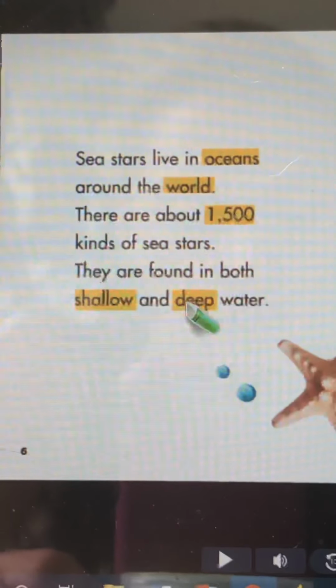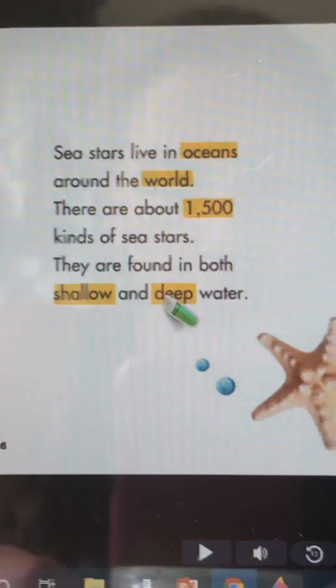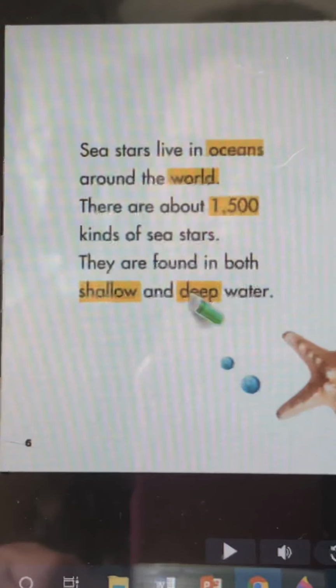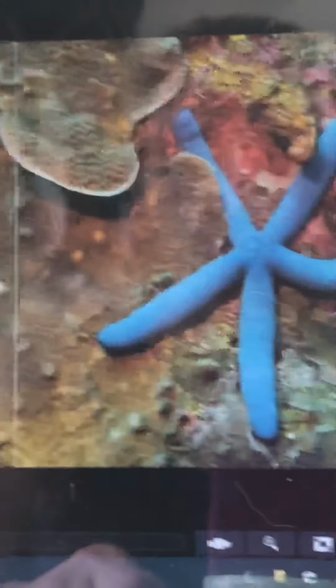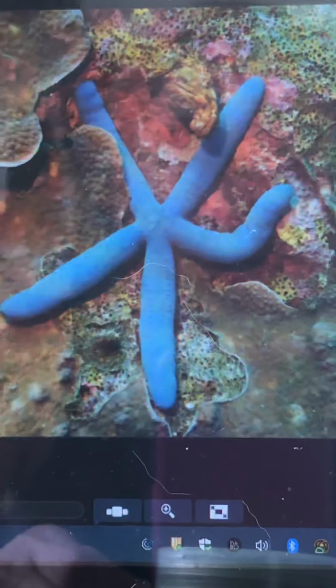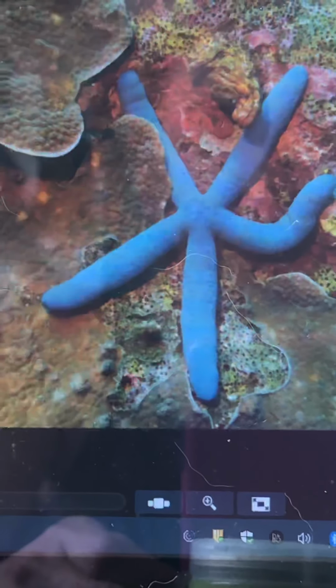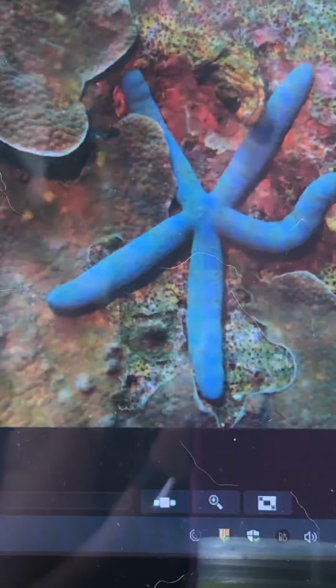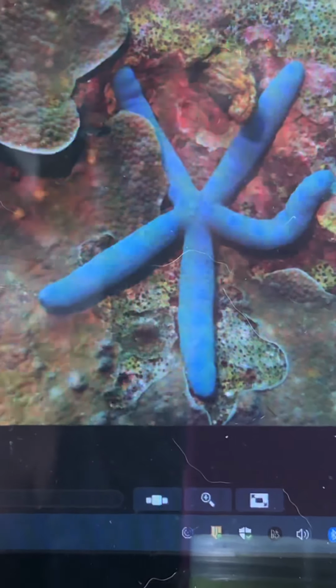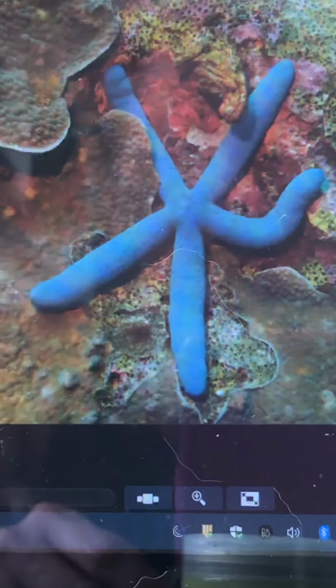So I've really started to understand the main topic of this section is to be about starfish and where they live. When I take a look at the photograph as well, I remember from the first page of this section where it said that they are very colorful. And here's a piece of evidence that's going to help support my thinking and understanding. This is a beautiful bright blue starfish that's going to be part of my evidence when I'm ready to start